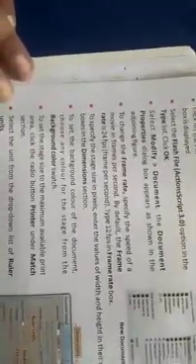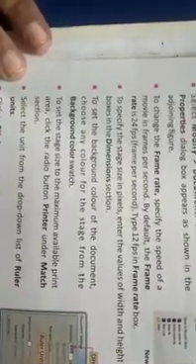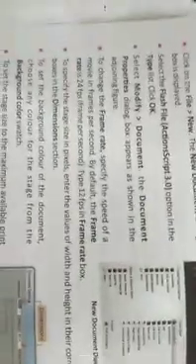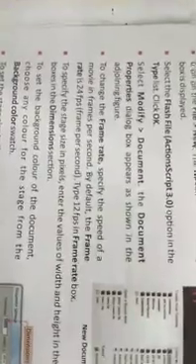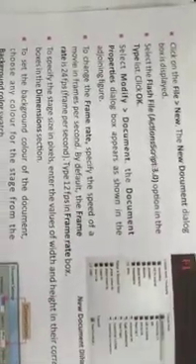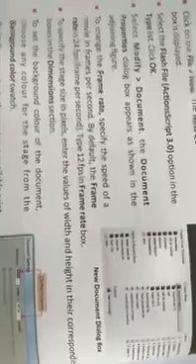Select Modify, Document. The Document Properties dialog box will appear. To change the frame rate, specify the speed of the movie in frames per second. By default, the frame rate is 24 fps. We can change it to, let us say, half, 12 fps. fps stands for frames per second.